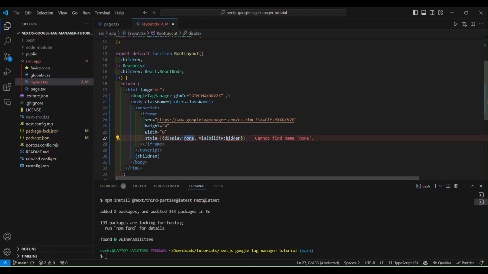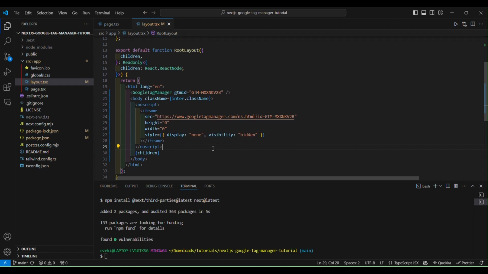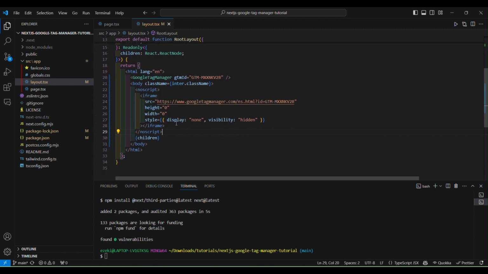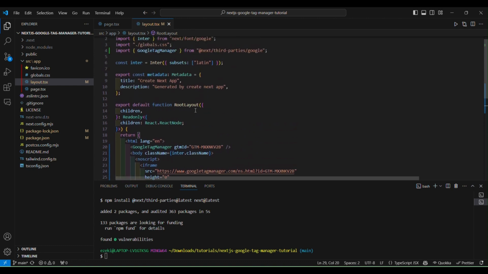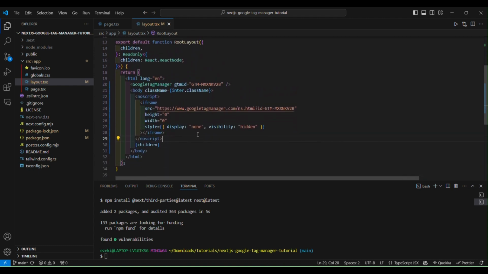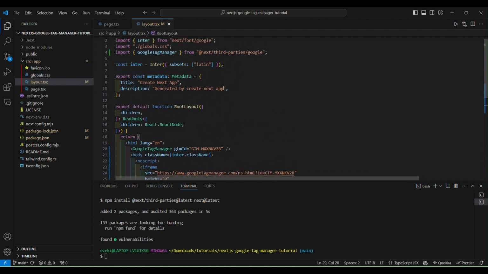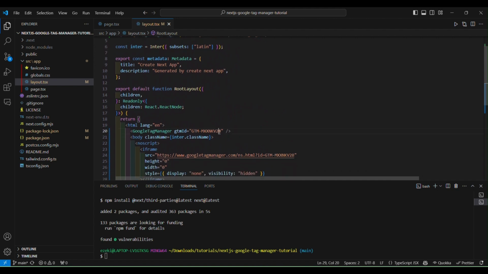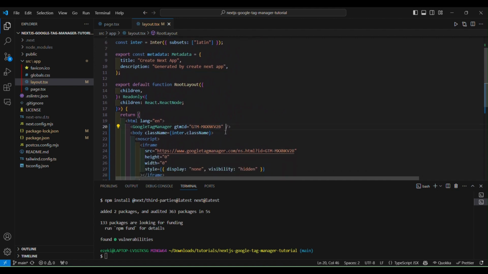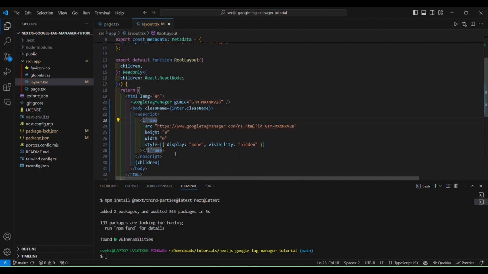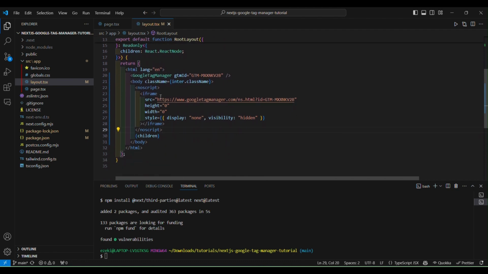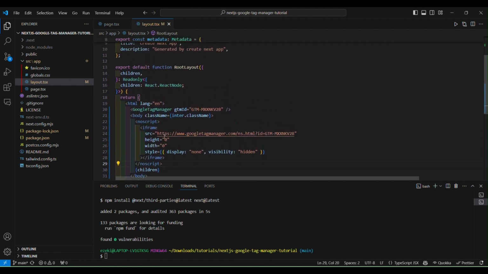It's going to be a little bit different than the example, but it's basically the same process. Now that we have the Google Tag Manager component and we have the noscript tag also added to the layout,